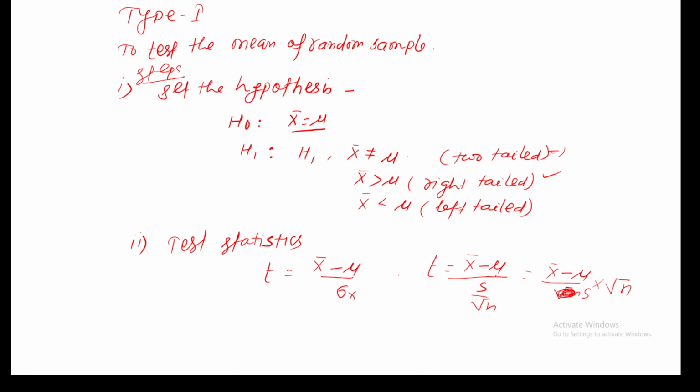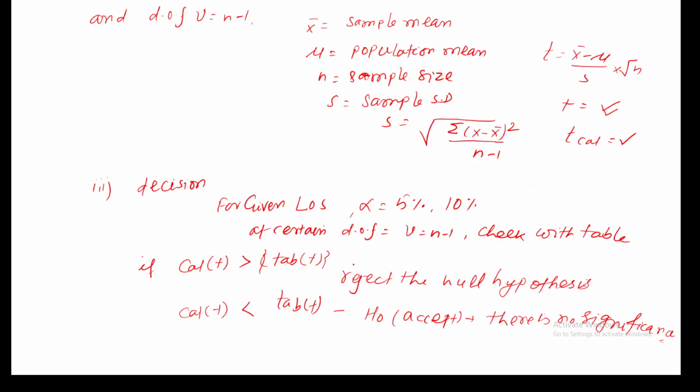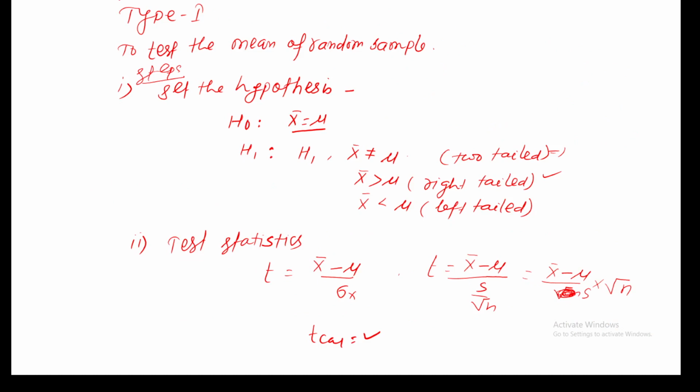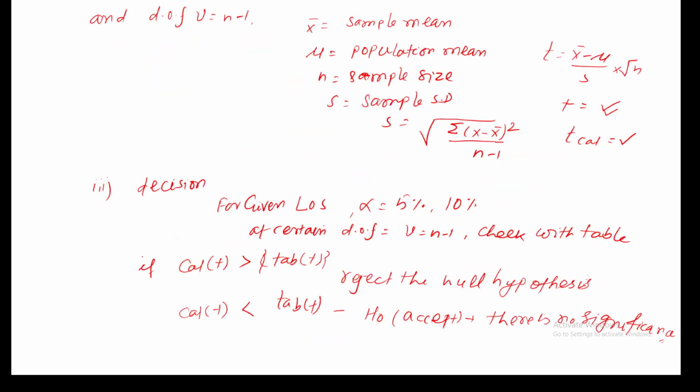So to calculate T, we compute x bar minus mu divided by s by root n, so that you will get a T value. This is the T calculated. For a sample size of, let's say, 30, you will get a degree of freedom of n minus 1. So for that degree of freedom you will get a value of T tabulated